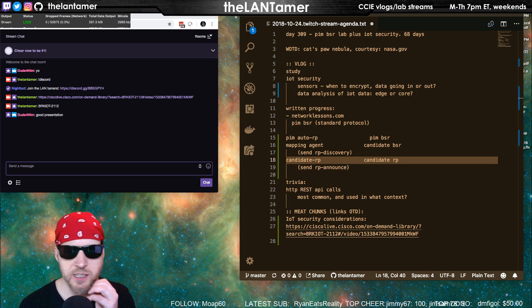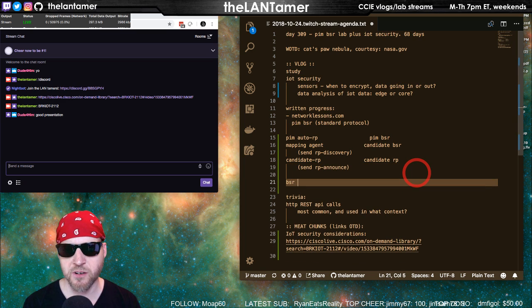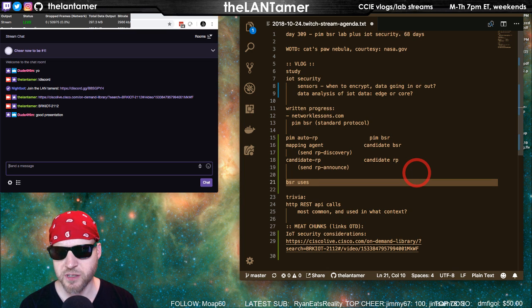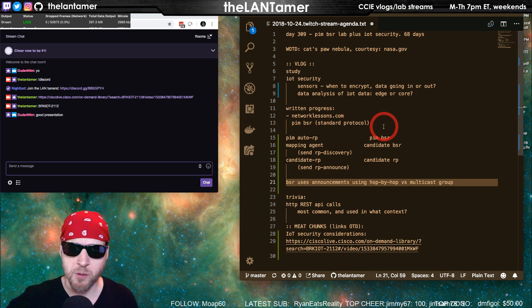So one really interesting thing about BSR is the fact that BSR uses announcements using hop by hop versus multicast group. And what I mean by that is, a lot of this was new to me today. So when you're using PIM Auto RP, it actually leverages multicast groups to do the discovery and the announce, right? We got 224.0.1.40 and